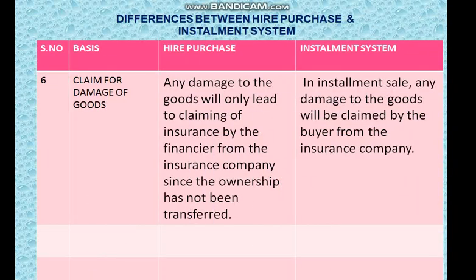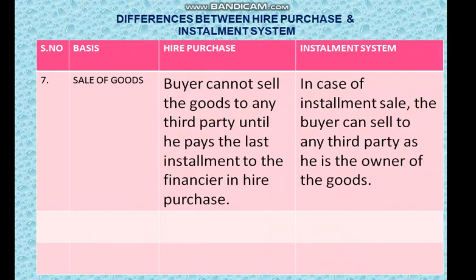Then the sixth difference is claim for damages. In case of damages, the financier has the right to claim from the insurance company, but in case of installment system, the buyer can directly claim from the insurance company since he has become the owner from the beginning itself. Then the seventh difference: buyer cannot sell goods to any third party until he pays the last installment to the